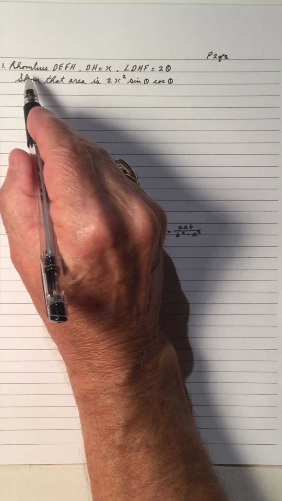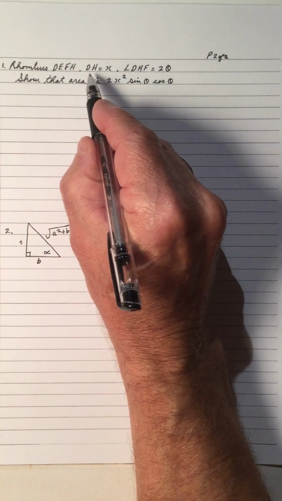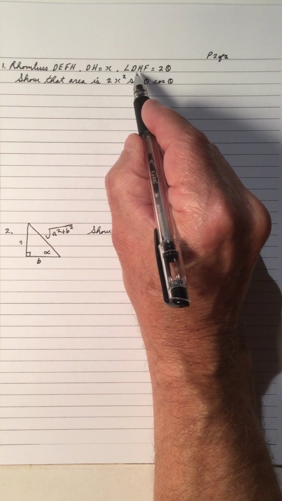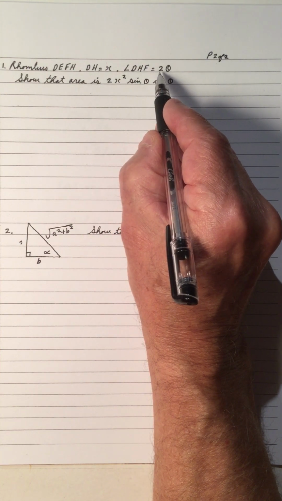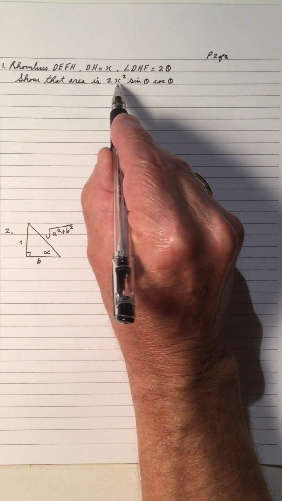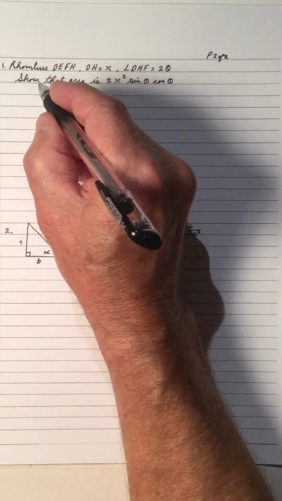Number 1, a rhombus DEFH, which has DH as x and the angle DHF is 2 theta. Show that the area of the rhombus is 2x squared sine theta cos theta. Well, to do this,